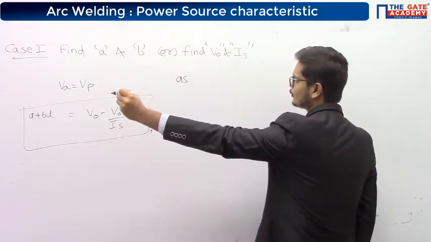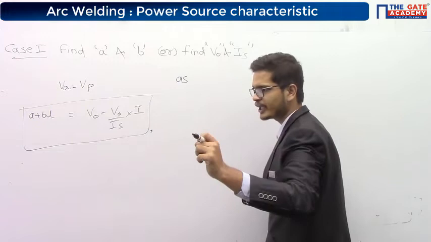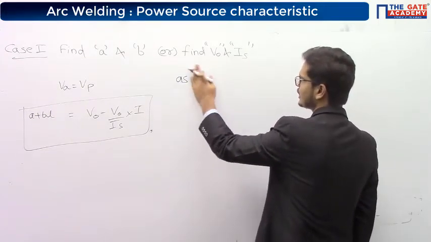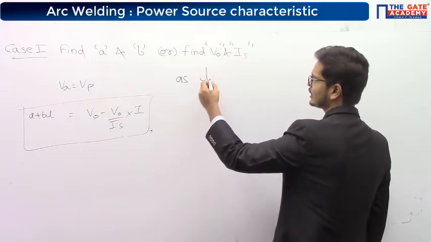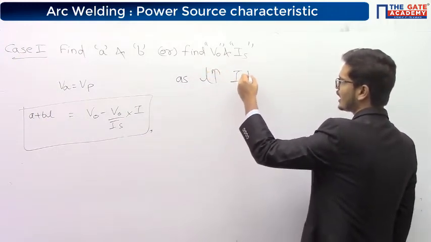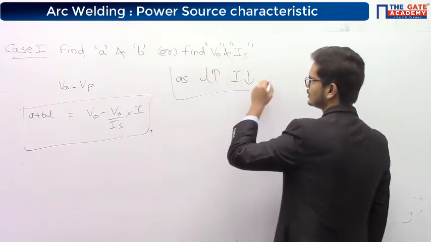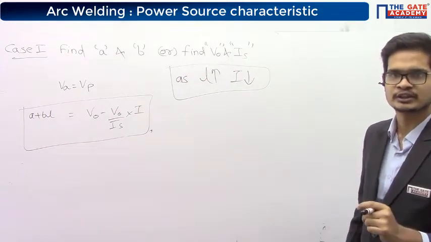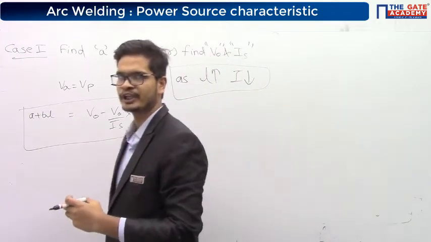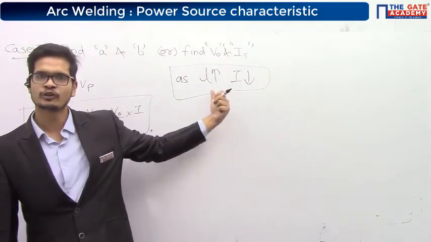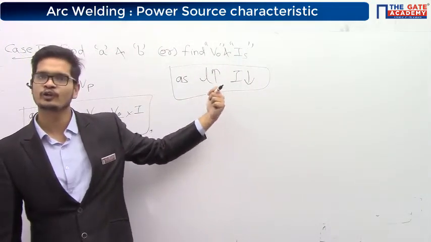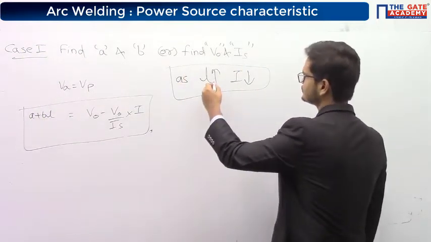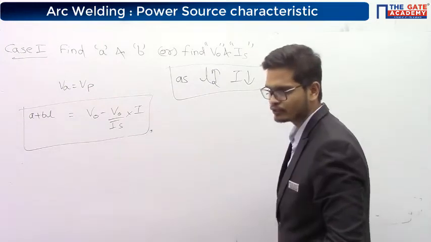If you are not able to understand this, if you have made the mistake, just write down: as the arc length increases, the I decreases. Always take a note of your mistakes so that you are not repeating the same mistakes in the exam. Most of you might have made this mistake, so please take a note of this. As the arc length is increasing, the current is decreasing. Okay. So based on this,